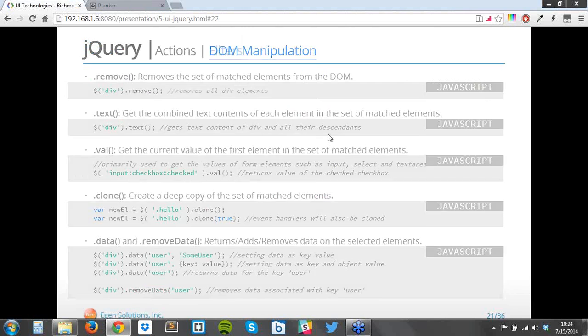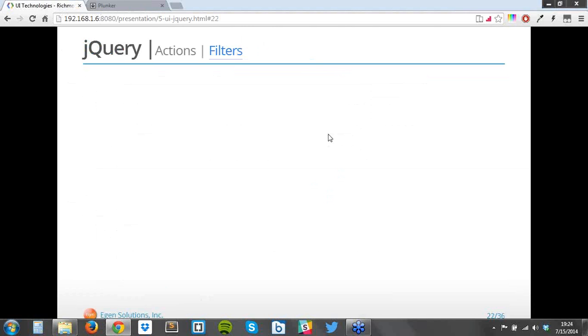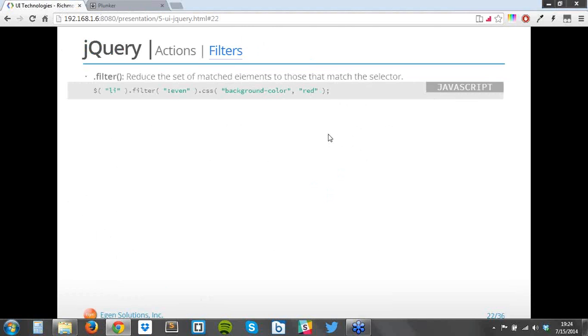So DOM manipulation, then of course you can filter out a few items. Let's say here you have selected all the li elements before. Now after some time processing, you want to filter only the even ones or odd ones from that set of li elements. Then you can use the filter, pass another selector. What it will do is apply that selector only on this result and then return you the values. For example,